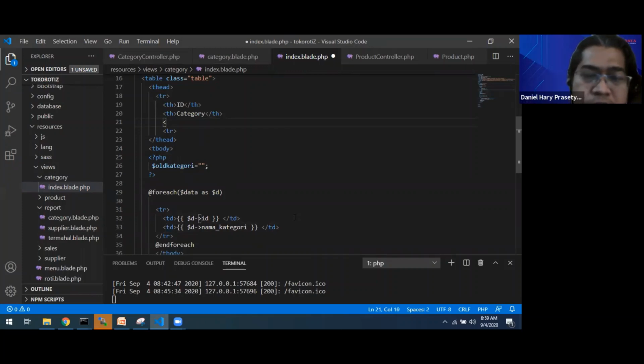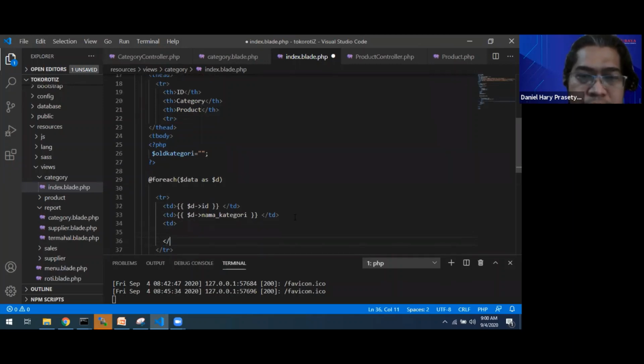We thought we had to join the category model with products. Okay, we try to add product here. Because product is an array, a collection, so we put it in looping.